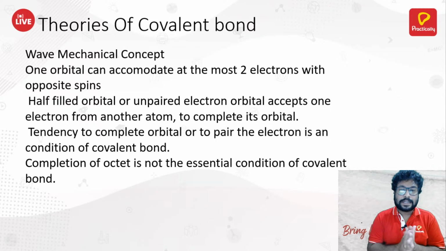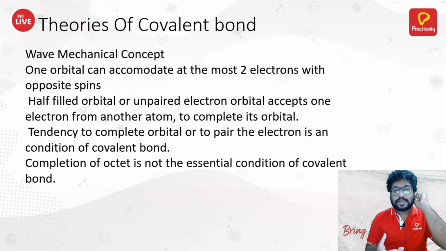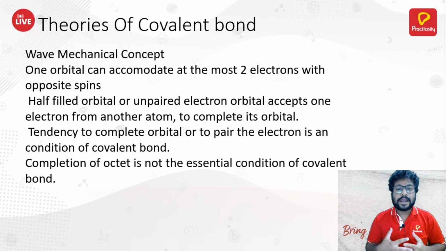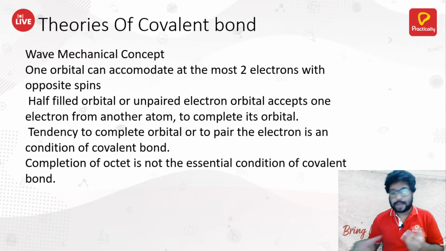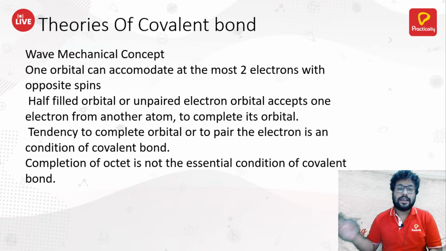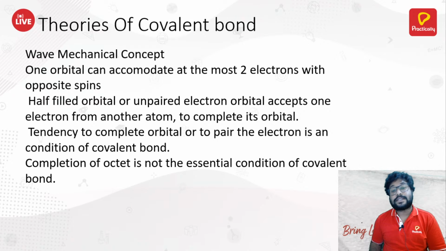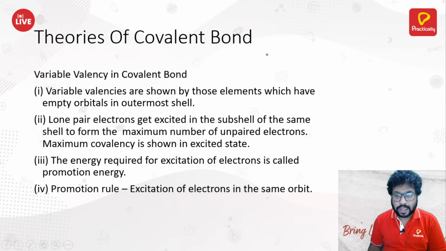So the very first theory of covalent bond is the wave mechanical concept. In wave mechanical concept, one orbital can accommodate at the most 2 electrons with opposite spins. That means a single orbital cannot accommodate 2 electrons with the same spin. For example, suppose if you have